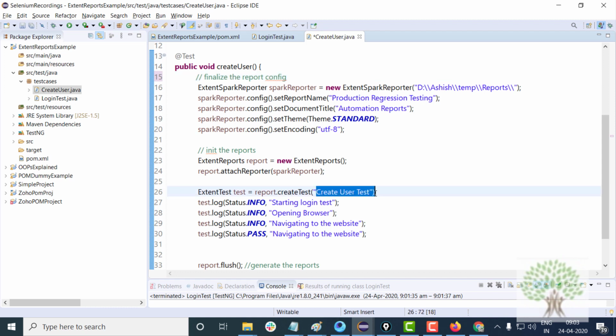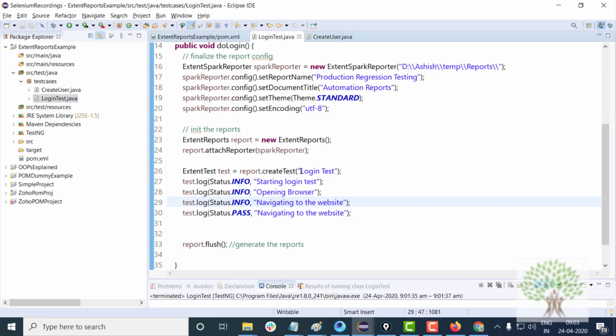So you can write over here starting create user test or something. Over here you can mention the pass message that create user test passed. Over here I should have written login test passed. If you want to fail it, you can write fail over here.